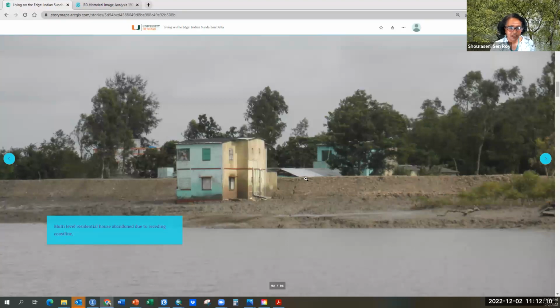And if you look at this image more carefully, you will see that this is actually the roof of a house. So the house is below the embankment. So the actual level of the island is much lower. So they build these embankments, which can be 10 feet high, or sometimes 5 or 6 feet high. And the first hurricane that comes through here, these embankments will just collapse. They don't survive. And so then what the local residents do is take out soil from the interior of the islands and then again start building up these embankments.